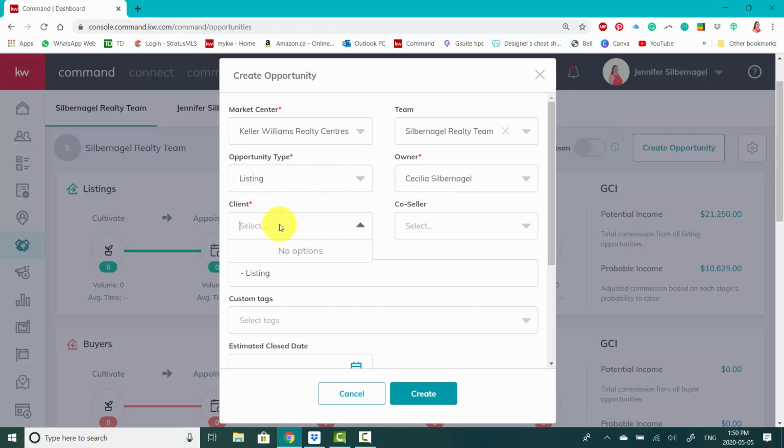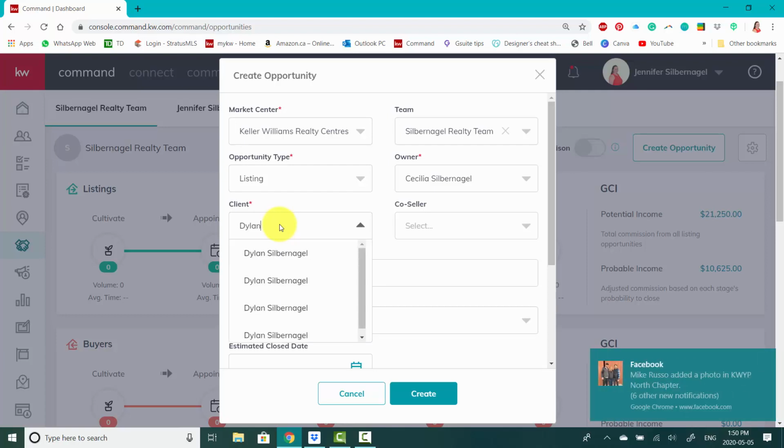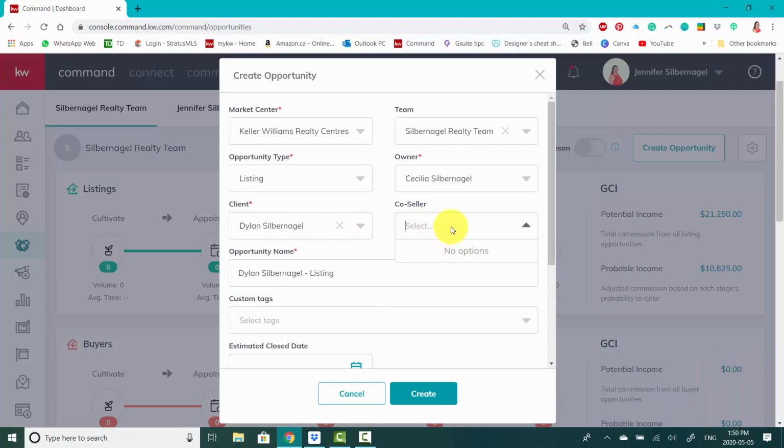The client name is the next step. So once you have your client added into your contacts, all you have to do here is start typing your client's name, and it will auto-populate anybody in your system that matches that name. So I'm going to select Dylan here as the seller. And then I don't have anybody linked to him currently, but if there was, for example, a spouse, they would automatically show up here. Now, if they don't, you can also just start typing their name, and it will auto-populate everybody in the system who has that name, and then I can just select that person so I have both